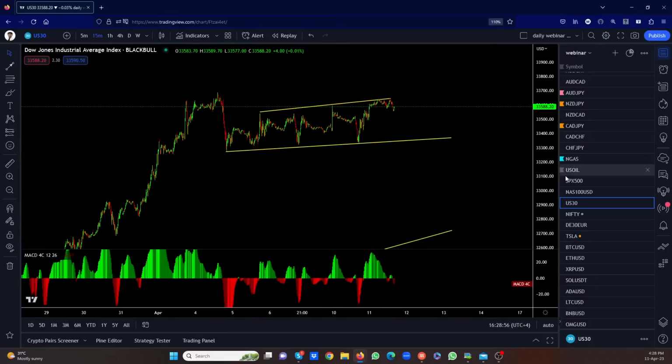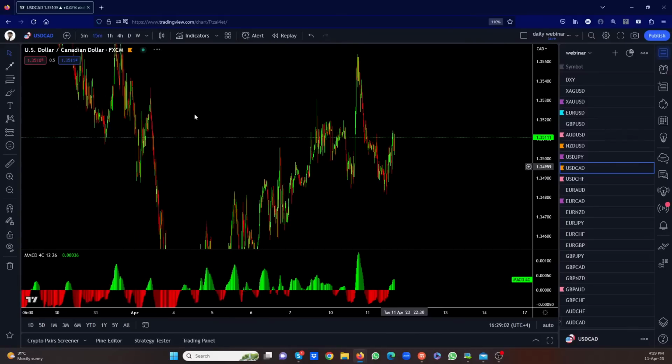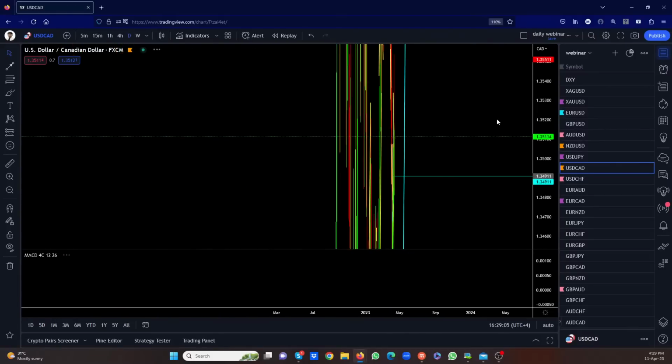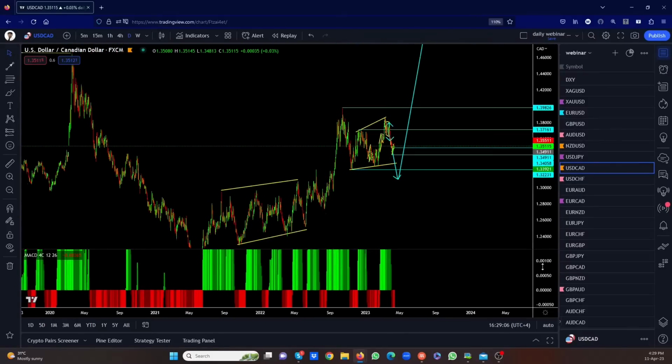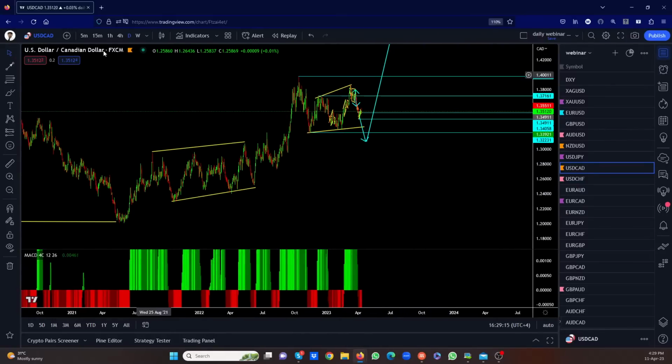That's a US CAD. Let me show you very quick what I think it's going to do, because I'm not going to go check all those dates and what they did on that date. So I'm going to show you what we are expecting it to do. See this? It's very simple. We're expecting this to come and break this low and then go back up. That is our thought process. Break the low and then go back up.